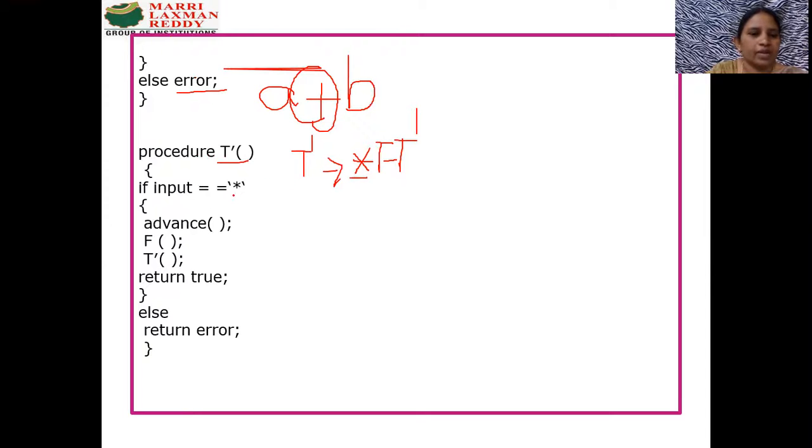If the input is star, we move one position to the right. We call the function advance, then call the recursive procedure F, then T dash. If the input symbol is a star, return true. If it is not a star, we go to the else statement and return error.